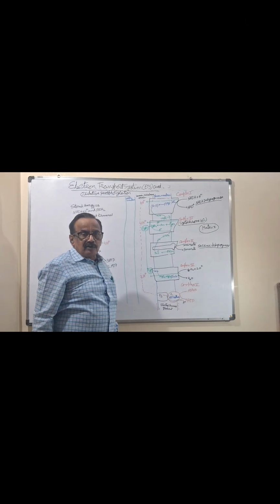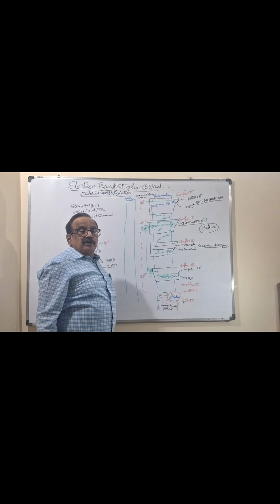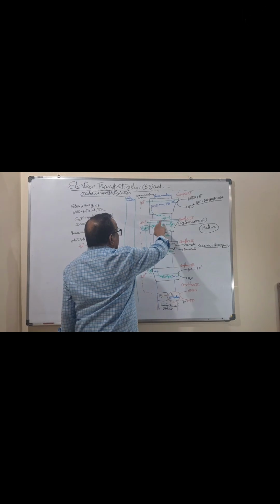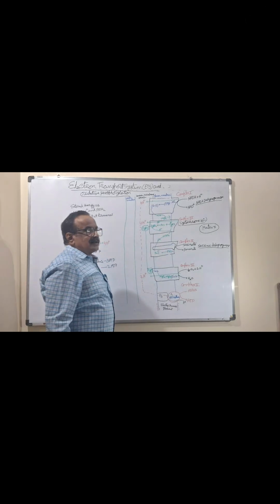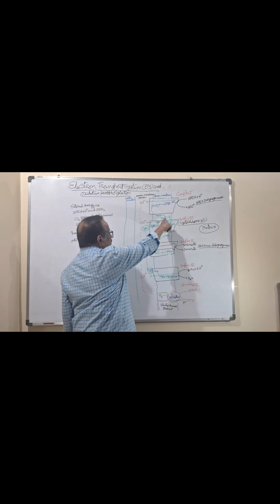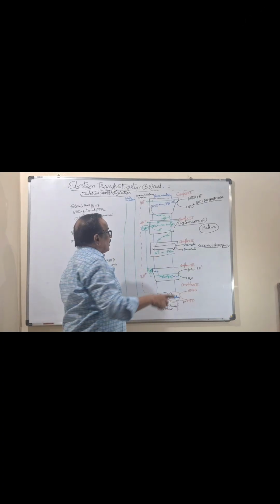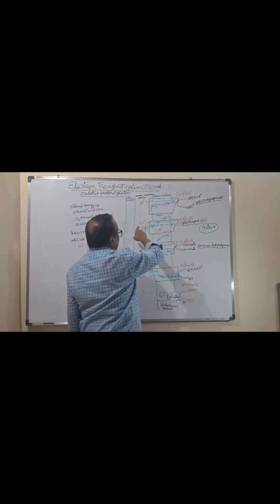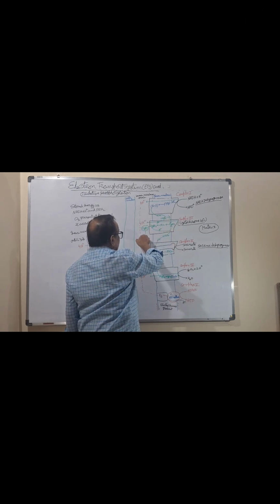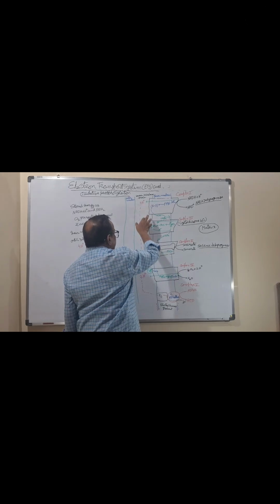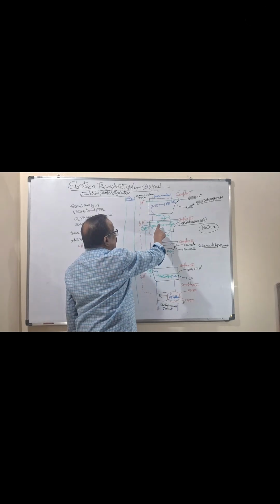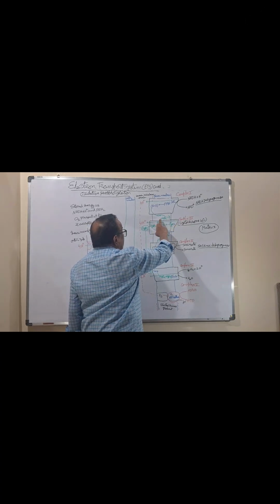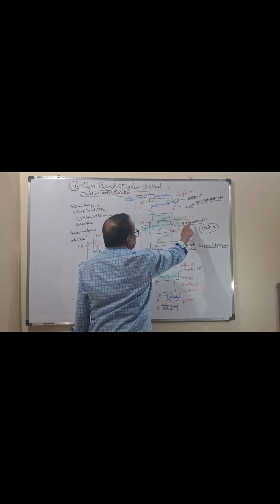UQH2 means ubiquinol. Ubiquinone means ubiquinol. Remember it. This is the ubiquinol, and ubiquinol will be oxidized. Again, the hydrogen there will be split and it will send 2 electrons to here and protons to the outside of the inner membrane, that means the inner membranal space. Now the complex number 3, what it will do, that electrons received by the complex 3, which we used